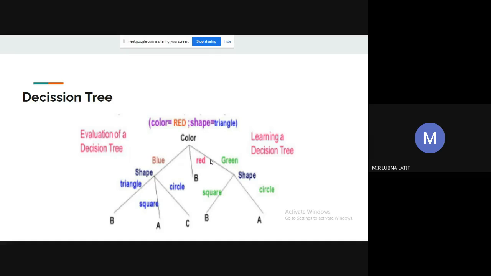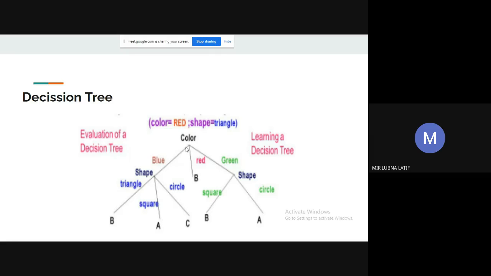Here you can see if we go to the right side, we have found the green color, which is not our expected result, so we will continue our iteration to find the red color triangle shape, which we didn't find, because in node B there is a square and green shape, and in A here is a circle shape and green color. We will go back to the